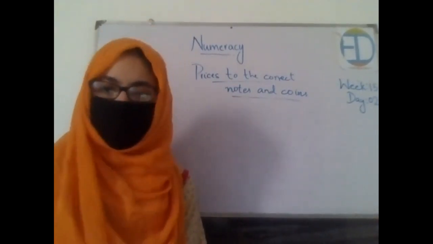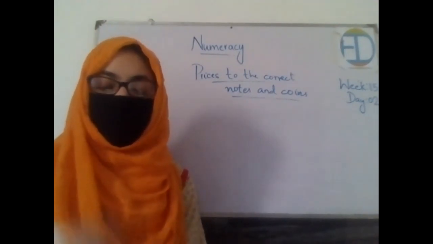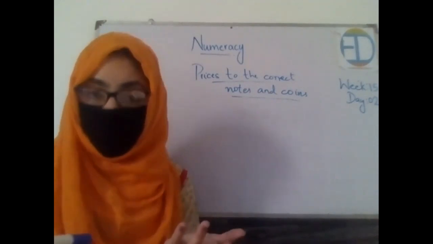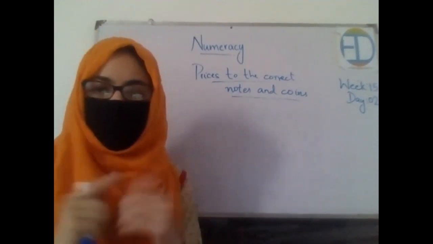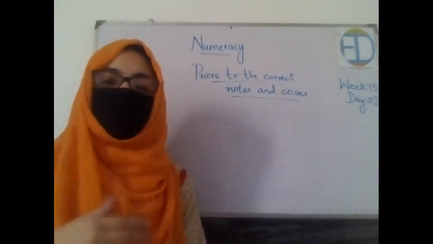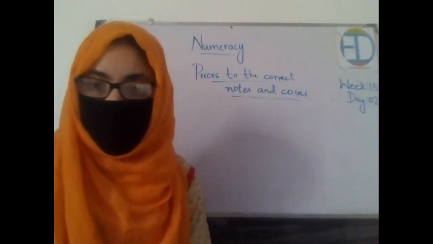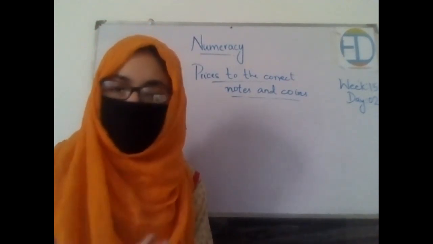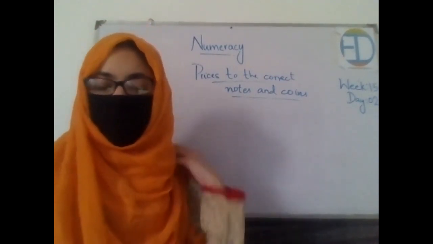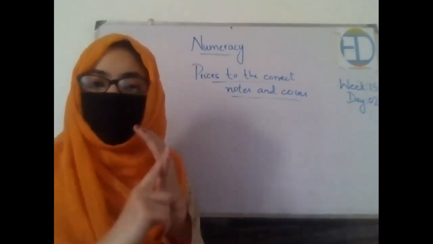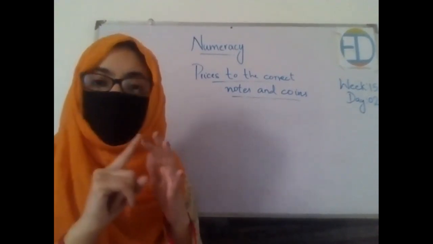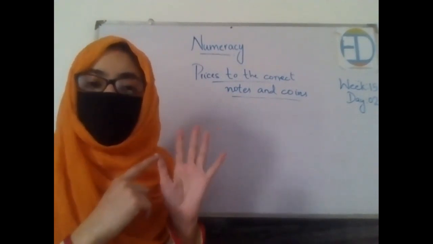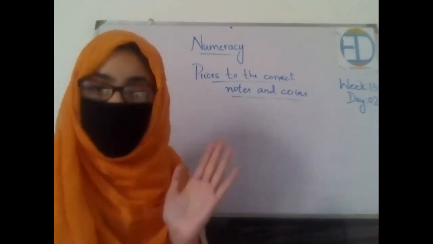So before starting that activity, we will just quickly revise how many coins and how many notes we have, right? Okay, so let's start our lecture. Who is going to tell me how many coins do we have in Pakistani currency? Yes, they are five. Excellent. Can somebody tell me what they are? Coin of 1 rupee, coin of 2 rupees, coin of 5 rupees, coin of 10 rupees, and then coin of 20 rupees. So we have a total of 5 coins, right?